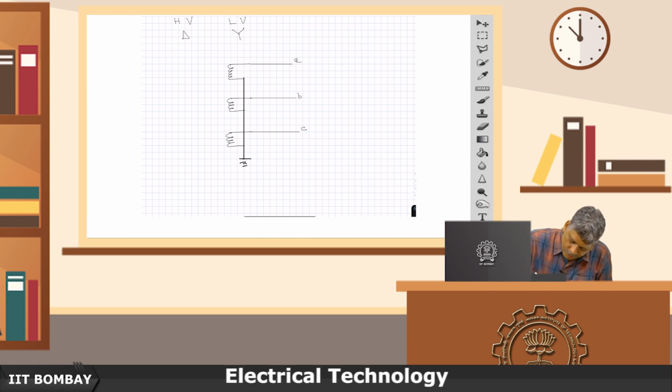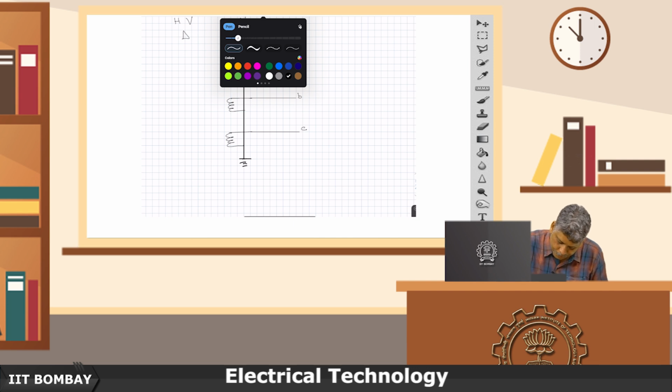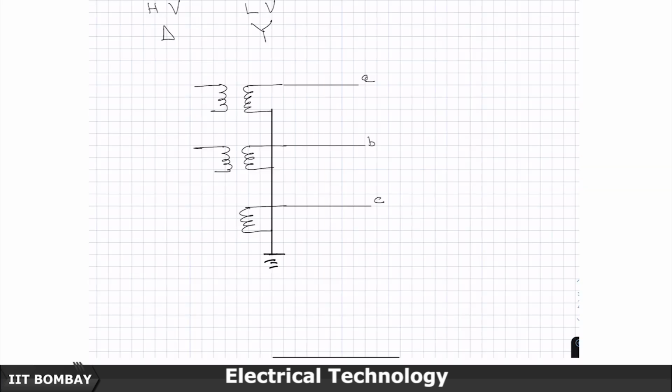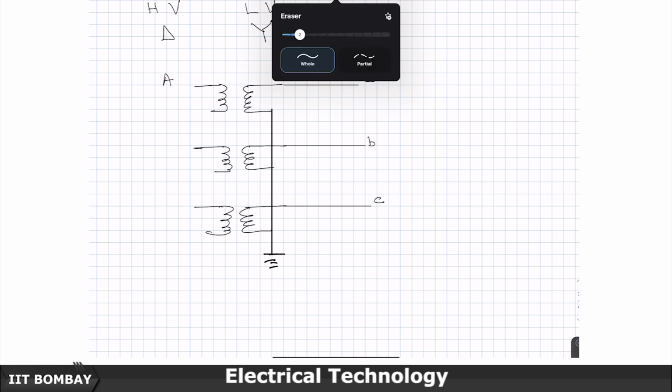Okay. Now let's draw the other side. Okay, I have drawn the other side. Again, I would like this to be A. Let me pull the